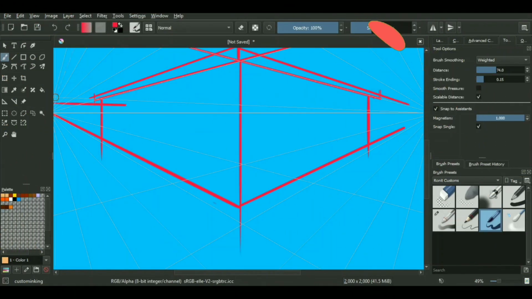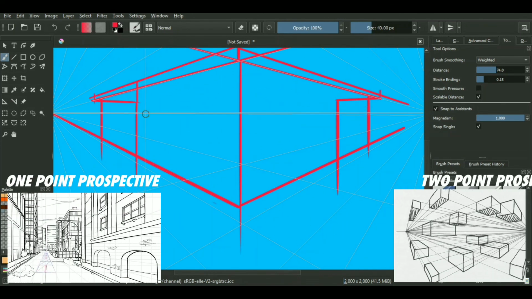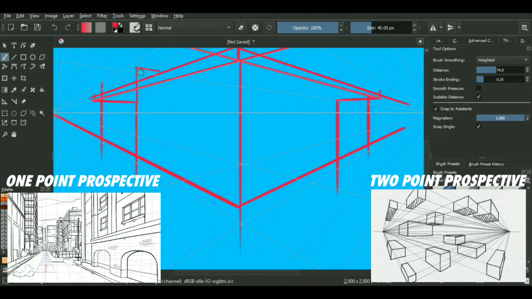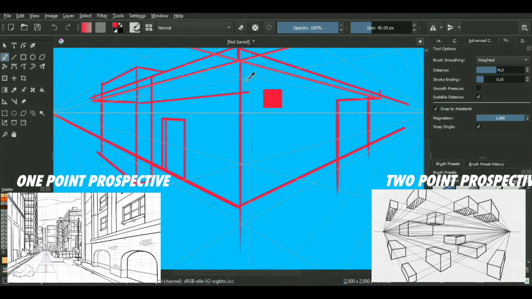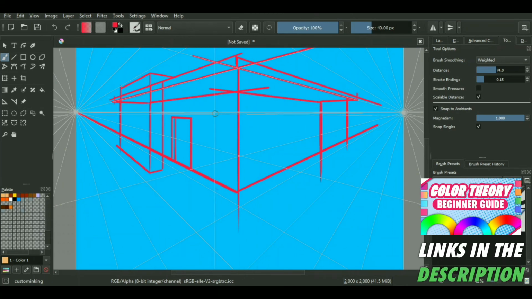When there is one of these vanishing points in your scene, the perspective which is formed is a 1-point perspective. However, if you add one more of these in your scene, the scene becomes a 2-point perspective scene. One important difference you have to remember between the 1-point perspective and the 2-point perspective is that in 1-point perspective, there is only one face which is facing the viewer. Whereas in 2-point perspective, there are two faces. And also the number of vanishing points increases. There are even 3-point, 4-point, and 5-point perspectives. But we are not going to discuss that.